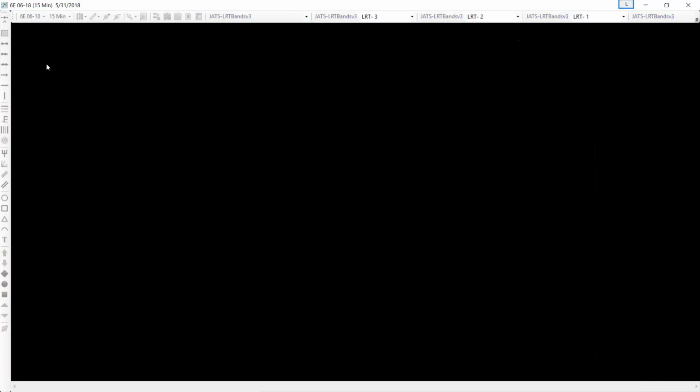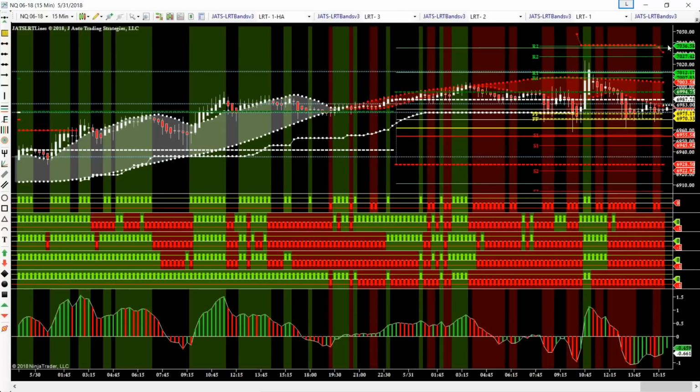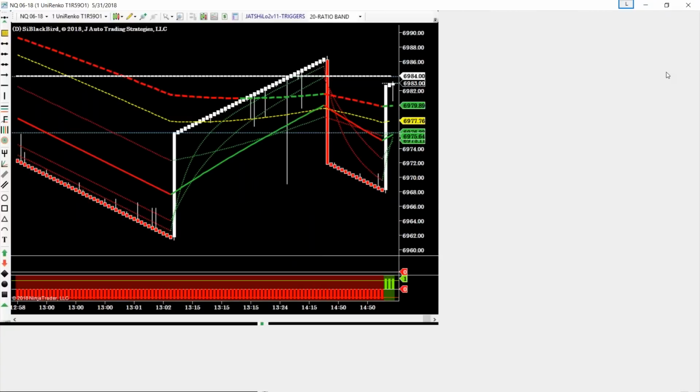I'm just showing you the 6E as an example, because the NQ was so flat today, which is so unusual. It moves so well, and look how flat it was. It didn't go anywhere today. Bad day for me to show you an NQ strategy. But